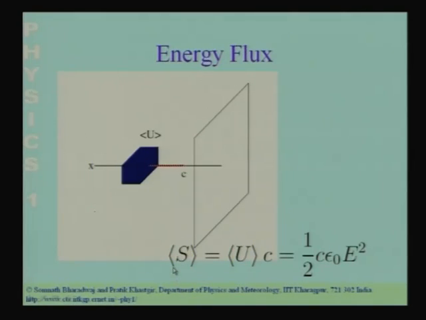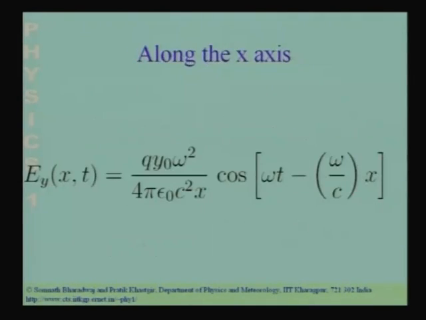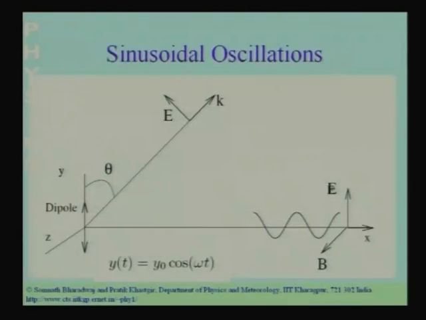You should also remember that the energy flux is a vector. It is a vector in the direction in which the wave is propagating. So, this energy is moving in the direction in which the wave is propagating. So, it is a vector, and if I were to calculate it at some other point, the energy would be moving in some other direction. So, along the x axis, the energy is flowing along the x axis, it is the energy density into c. If I were to calculate the energy flux here, it would be a vector along this direction, along the direction of the wave, and it would be the energy density here into c.